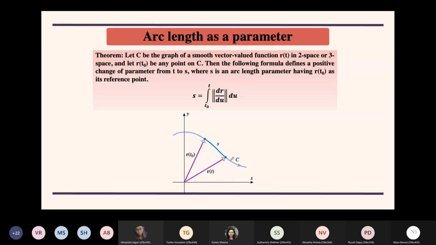If I decide to go along the curve, here I decide to give the positive direction in the direction of the curve. The curve is moving in this direction, and I want my S to be along the same direction. So the direction of increase of the parameter S will be like this, and decreasing values will be on the other side. It depends on which direction I want my S to be increasing and in which direction I want my S to be decreasing. Accordingly, I can assign the directions.